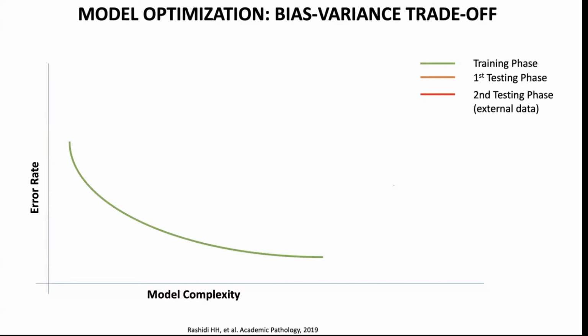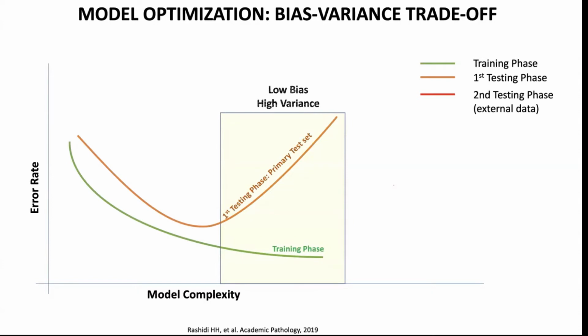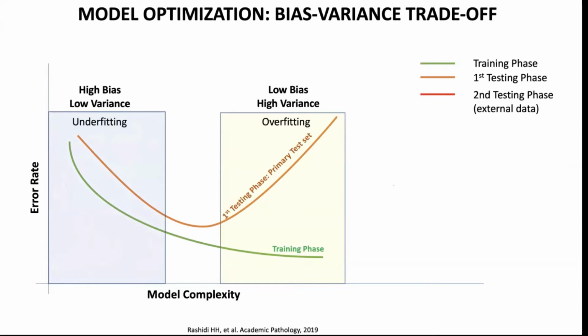Ultimately, that's not the model because you haven't tested it. And once you test it with that orange line, you find out that at some point, the lowest error rate happens to be right here at this bottom area. That happens to be where you bring in the variance as much as possible, and you basically try to get the best model fitted at that point. Because if you're below that line, you'll be getting underfitted models, versus if you're above that orange line, you would be getting overfitted models.